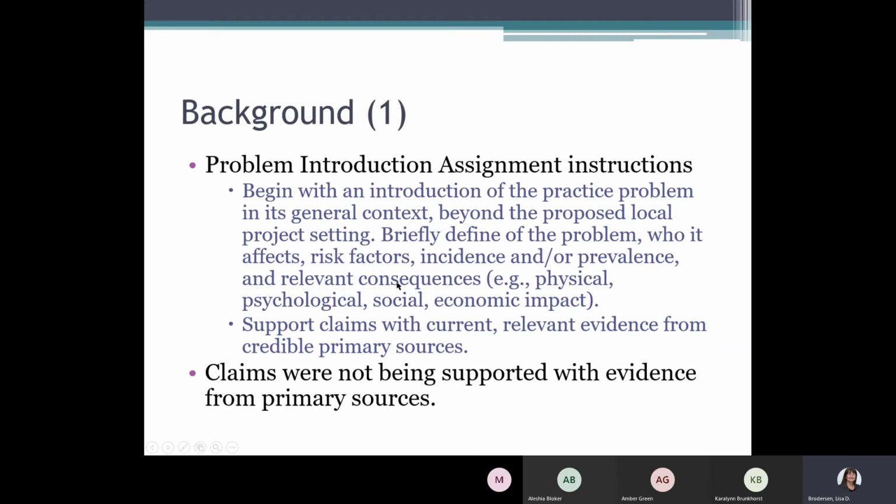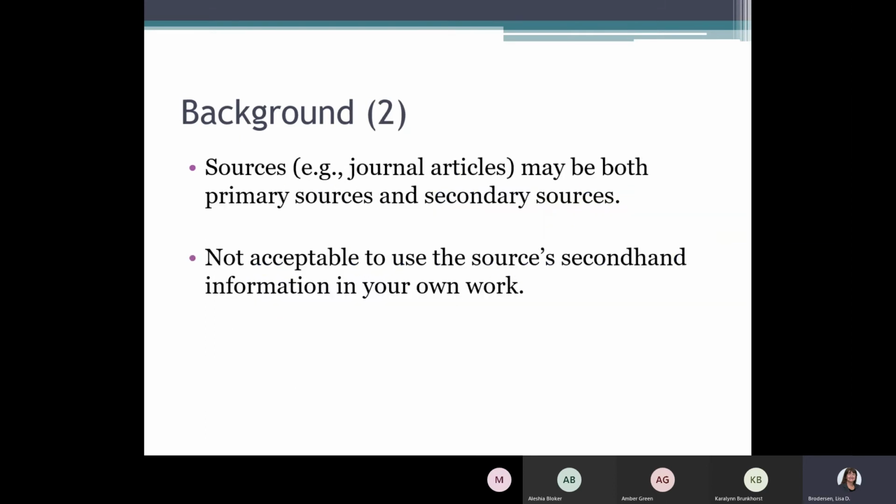Okay, well, one of the things I noticed right off the bat, which prompted me to not grade that particular criteria on the assignment and just give everyone the points for it, was that claims were not being supported with evidence from primary sources. And I know students might think, well, I did get this from a primary source, this particular evidence, but something to keep in mind is that sources might be both primary sources and secondary sources. In other words, you might have